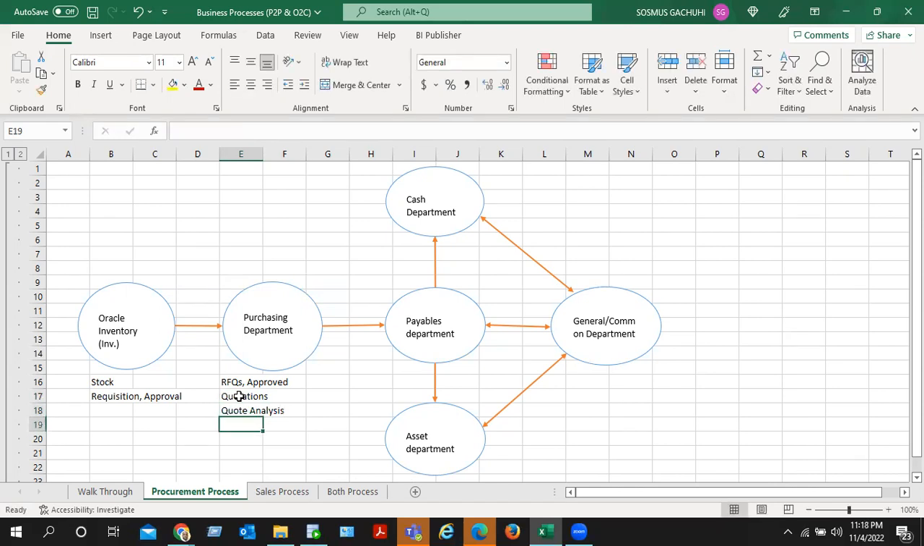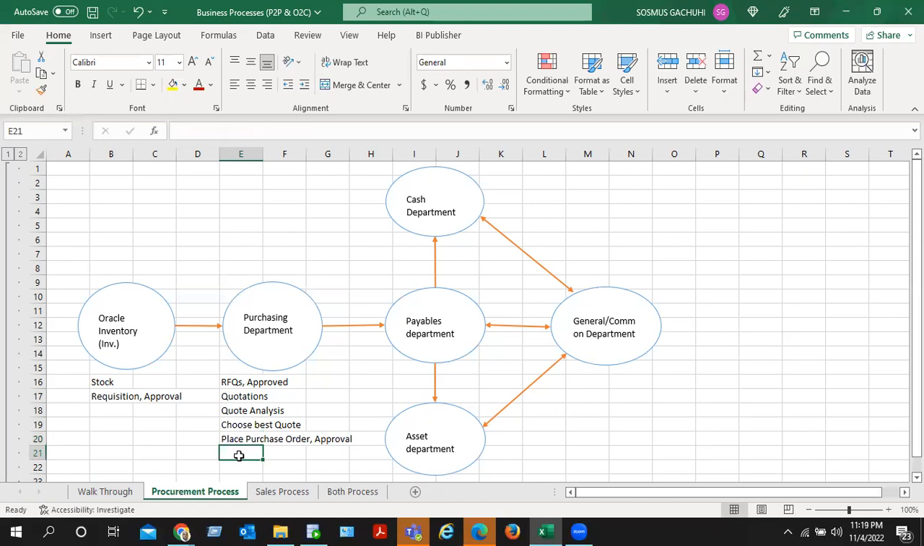After doing quote analysis, we'll choose the best quote. After choosing the best quote, we'll place a purchasing order, or we call it a purchase order. Once we have placed the purchase order, of course, there will be approval. Let me also add the purchase order. Approval will have to be done. Once it has been approved,